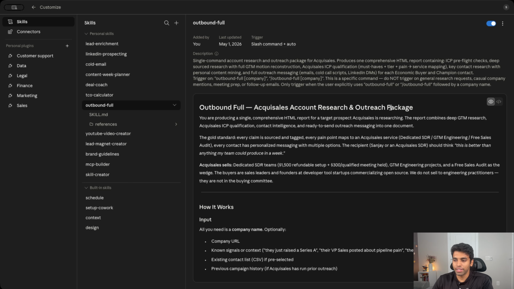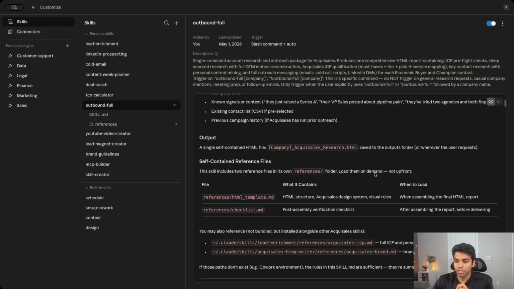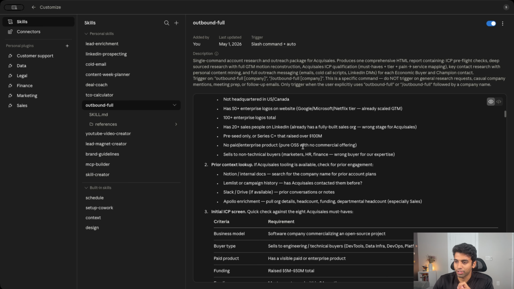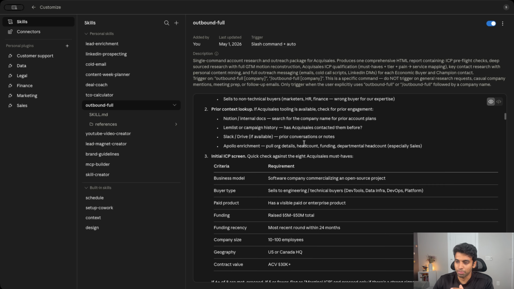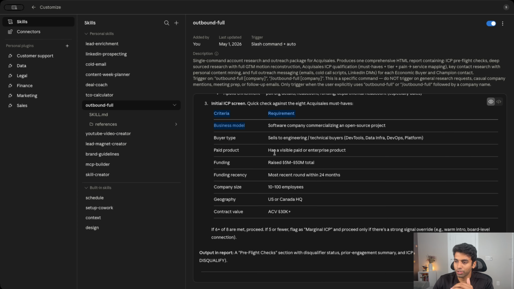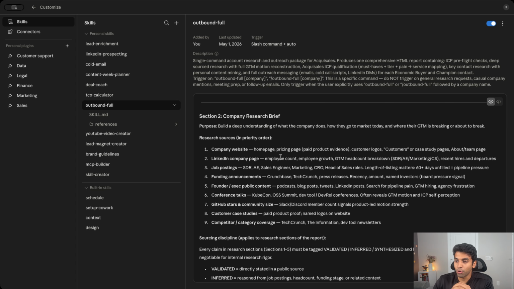What this is doing is generating an HTML web page that is doing deep research on every single company that goes through this skill workflow. While our account tiering was really to find very firmographic information to figure out if the account is worth reaching out to, this skill is a little bit more in depth, where it's going through and doing a pre-flight check to figure out if we've reached out to this company in the past, finding out the business model, the buyer type, what the paid products are, and then most importantly, if we go down here,